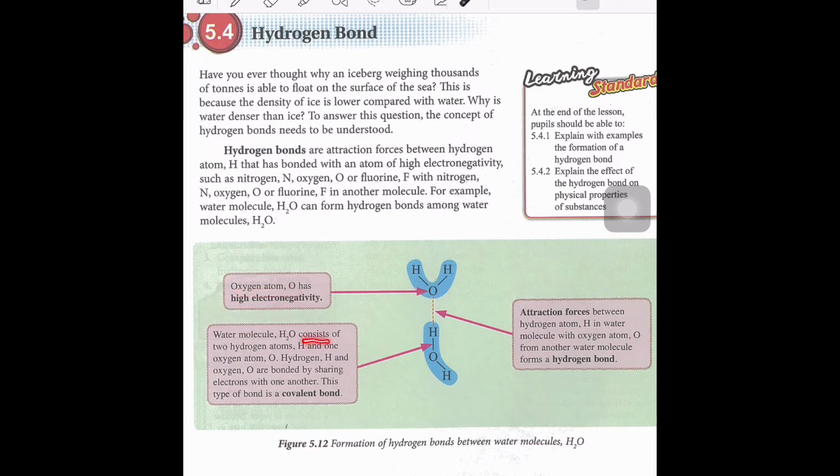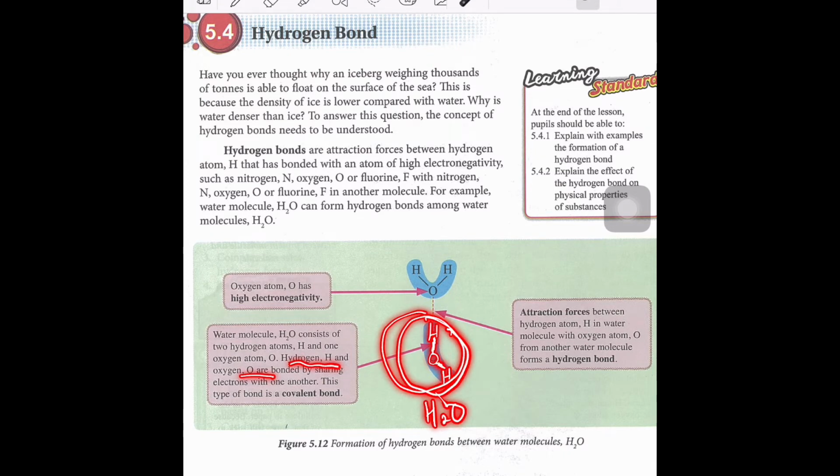A water molecule consists of 2 hydrogen atoms and 1 oxygen atom. This one you understand, kan? Okay, ada 1 O, ada 2 H. H2O. And then between H and O, they are bonded by sharing electrons with one another. This type of bond, di dalam satu water molecule, this type of bond is covalent